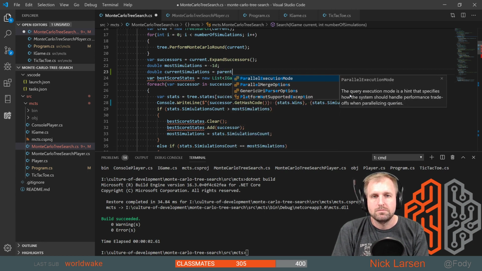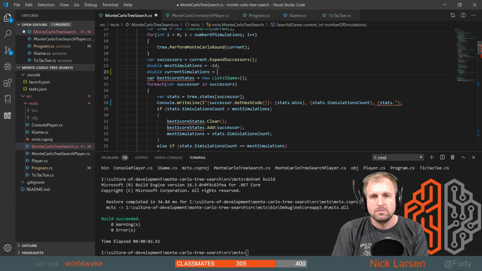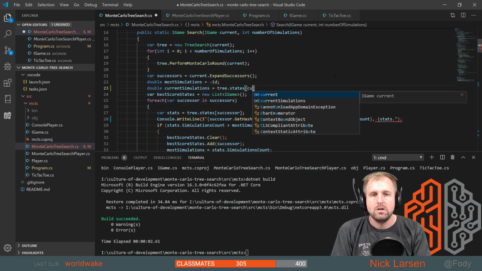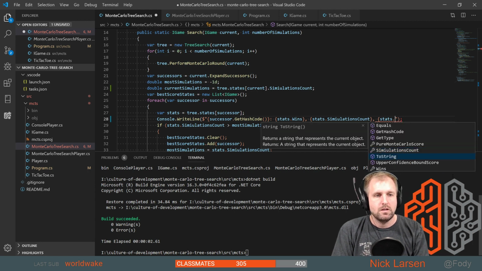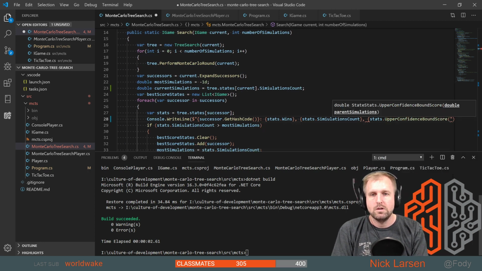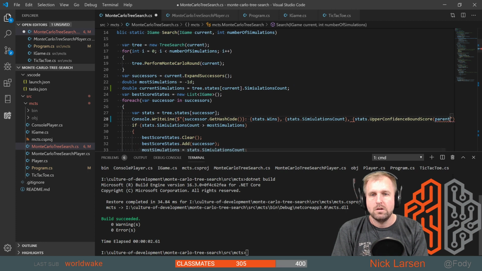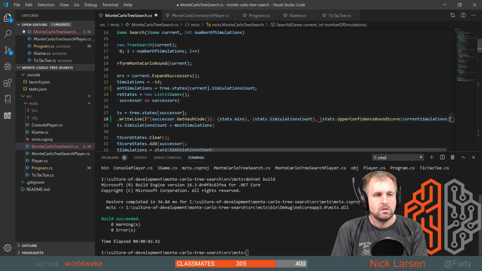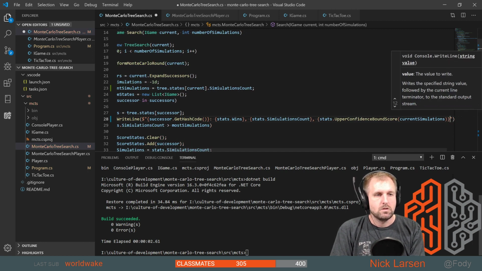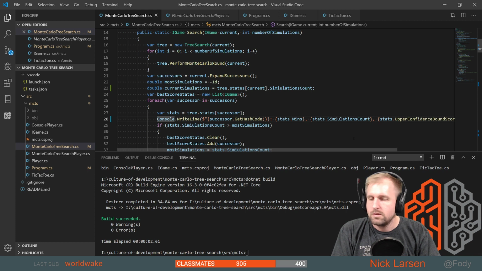Should equal tree.states of current dot simulation count, and then here we want stats dot upper confidence bound score of current simulations. And this should print out,